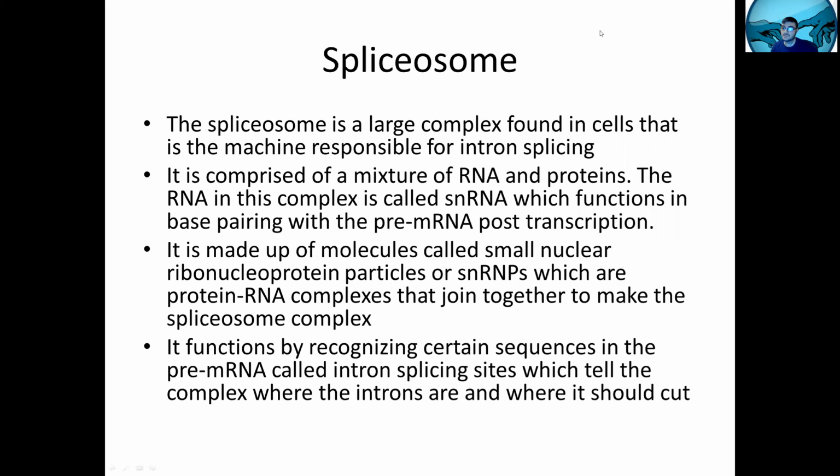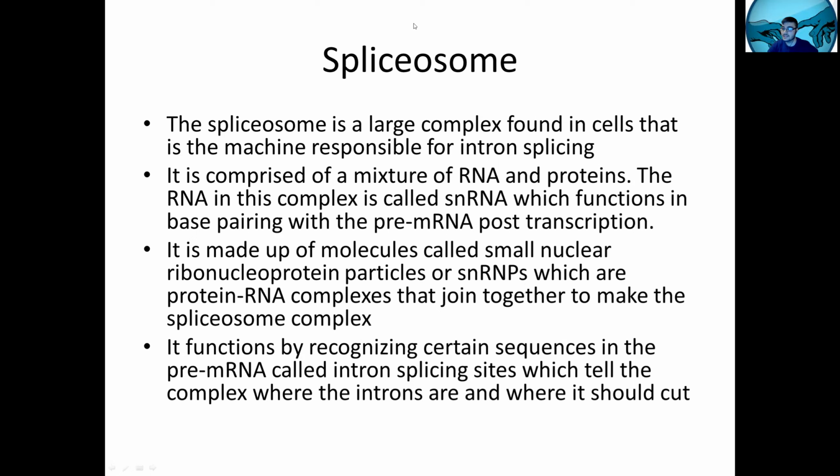So when the RNA comes out of transcription, it base pairs with the snRNA, and that allows it to go through the post-transcriptional modification that it needs to. It's made up of molecules called small nuclear